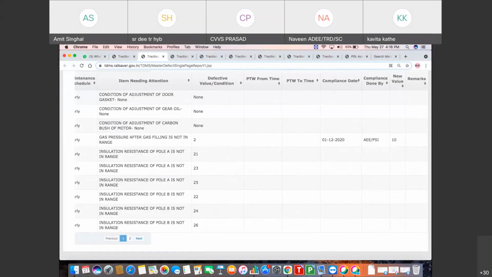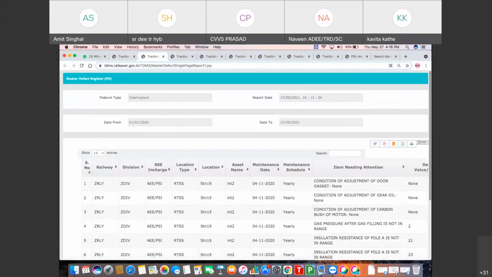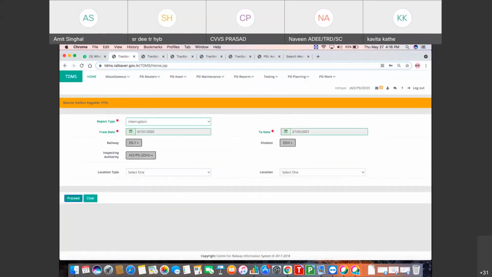One record has been complied on 1st December 2020, and other exceptions have not been complied, but all records are being shown in the master defect register.